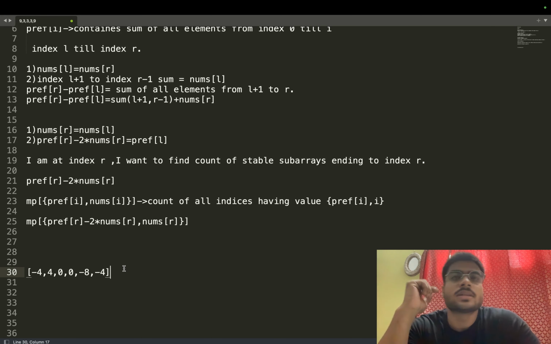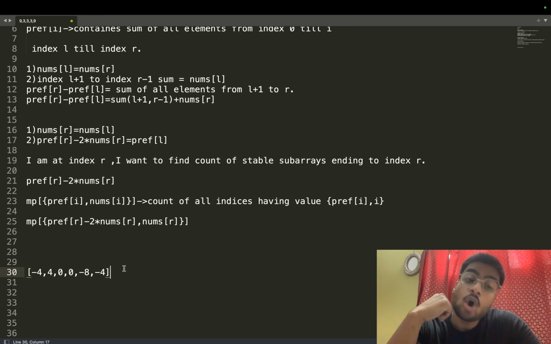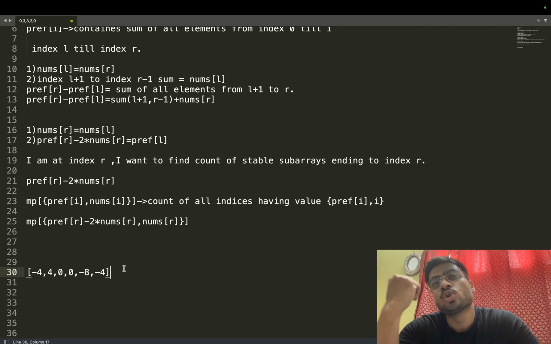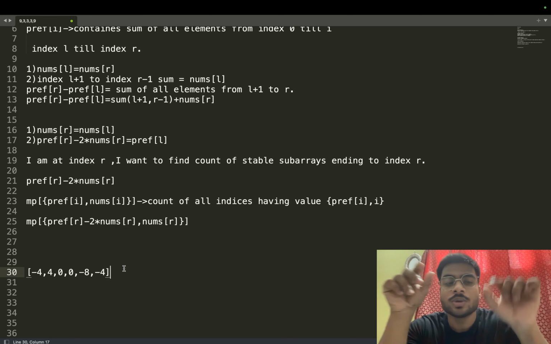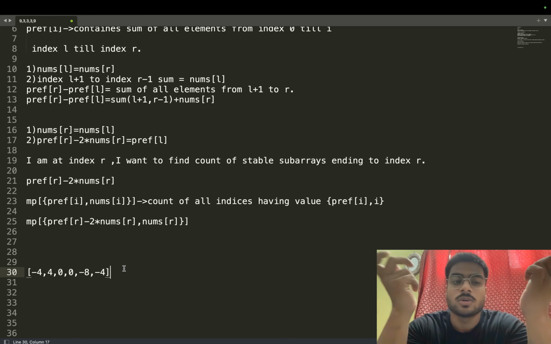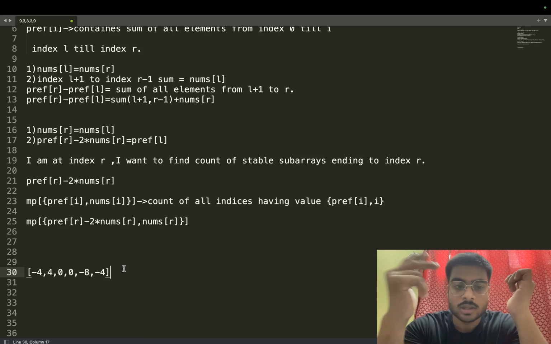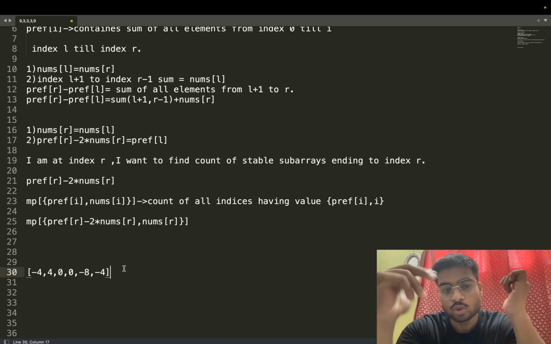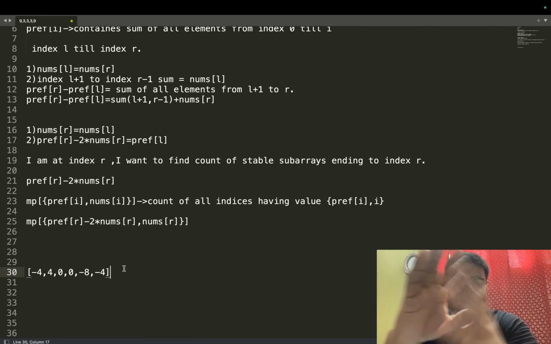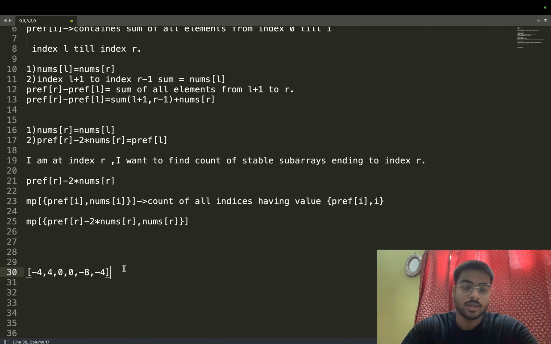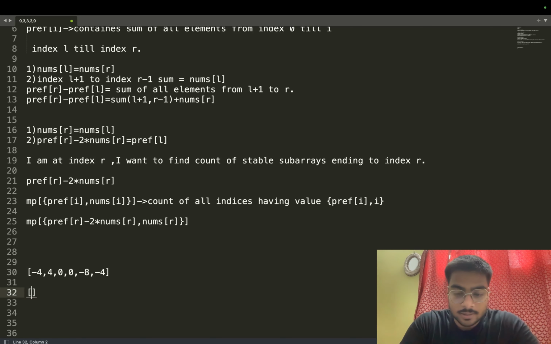Then my mind thought: do I really need to exclude all two length subarrays, or is the problem only those two length subarrays in which both the elements are 0? The answer is that we need to exclude only those two length subarrays in which both the elements are 0. Why? Let's say